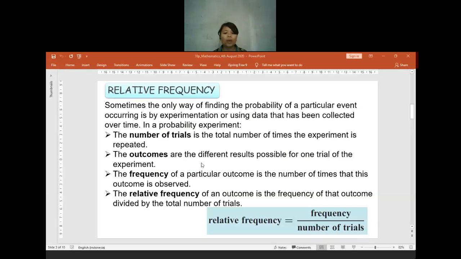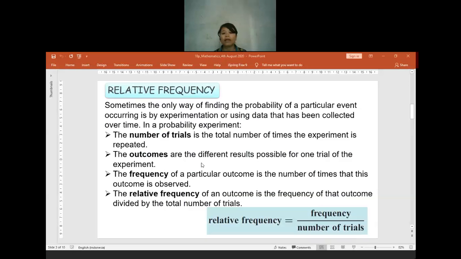When we know it is 1 per 6, I need to multiply it with how many experiments I have, because I have 30 experiments. So for the relative frequency, it will be 1 per 6 times 30, which equals 5. The number 5, we call it the relative frequency. So we try to predict how many times number 1 will come out when I throw the dice 30 times or so.